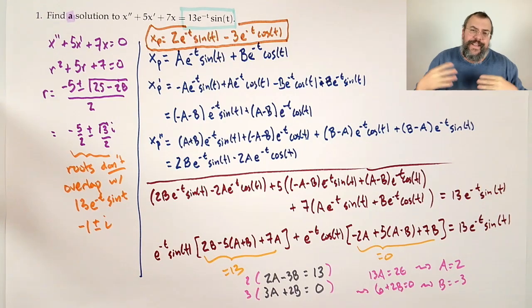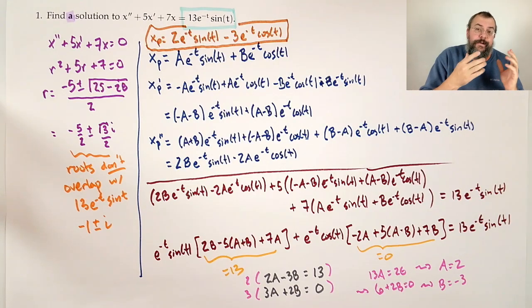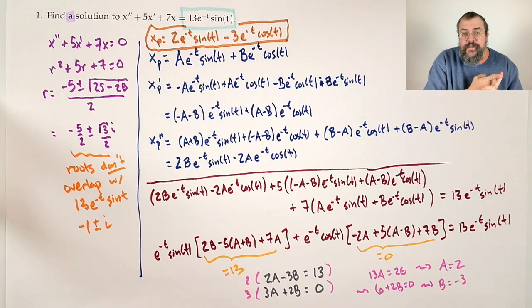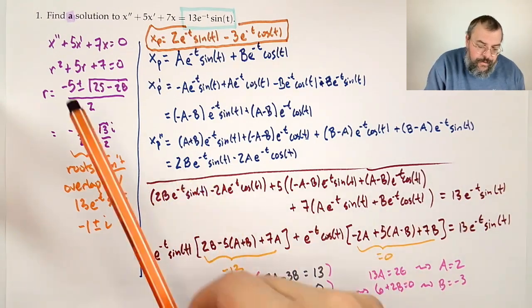Okay, well, in some sense, the problem isn't so bad. The idea is not so bad, right? We run the process, we check the homogeneous to see if we need to worry about bumping, set up our form, figure out what our derivatives are, plug in, solve for our coefficients, and put it all together, and life is good. Of course, always make sure you know what question you're